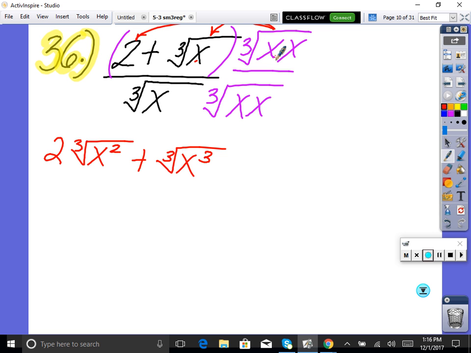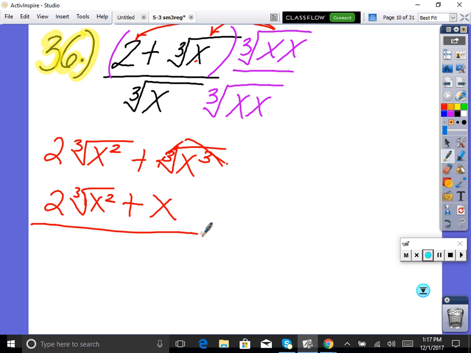Because there's 1, 2, 3, which yes, simplifies to be x. Root cancels out with power. So on top we have 2 cube roots of x squared plus x, correct? Now on bottom, don't we also have the cube root of x cubed? 1, 2, 3. So root cancels out with power x. So now,